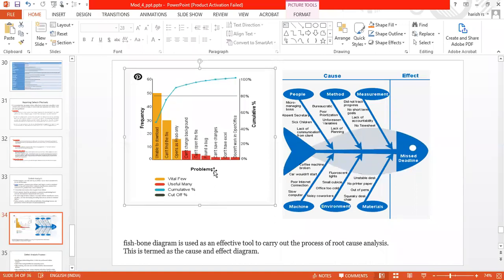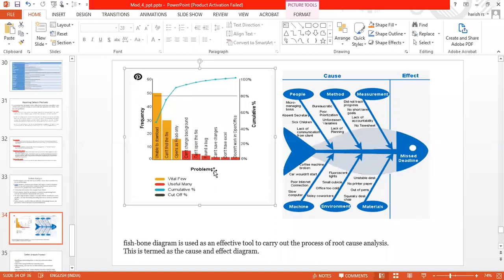As we can see in the picture, one side will tell us the various causes of the defect, and the other side is the effect of the defect. It will tell who are the people involved, what methodologies are involved, and what measurements or required measures we have taken.